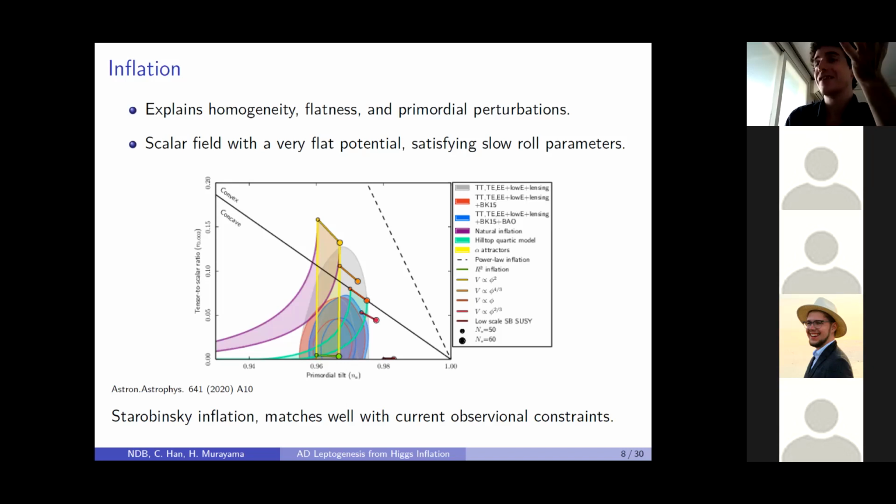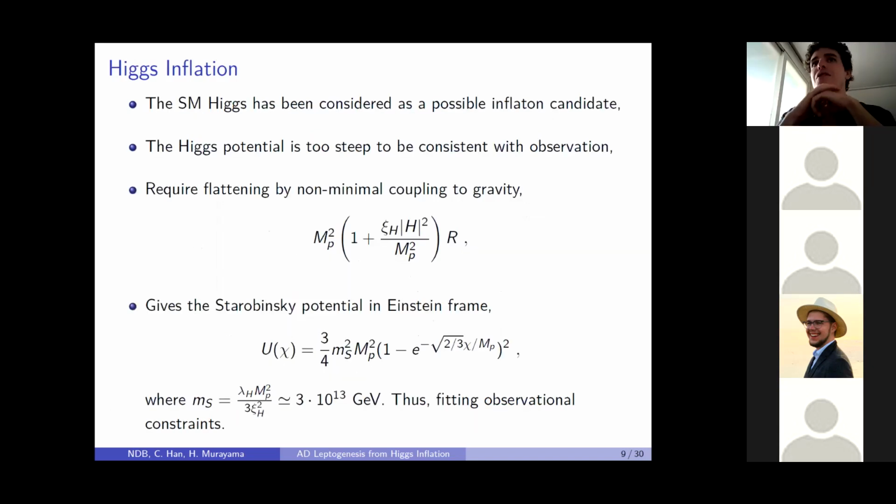And an interesting feature of such Starobinsky inflation and R-squared inflationary models is that they can be induced by having just one scalar field non-minimally coupled to gravity. So one of the more interesting ways in which this was first considered is with the Higgs boson. So we have a scalar particle in the standard model. We had one that we knew should be there. And so the thought was, why couldn't it be the inflaton?